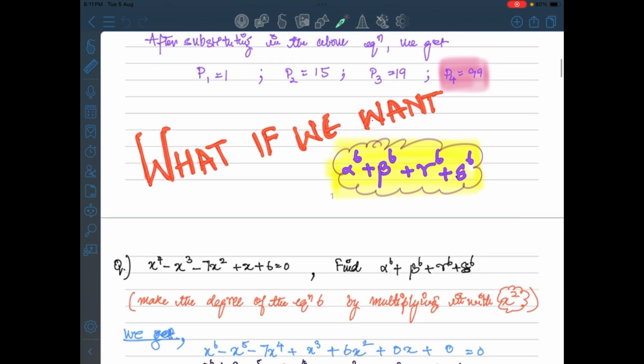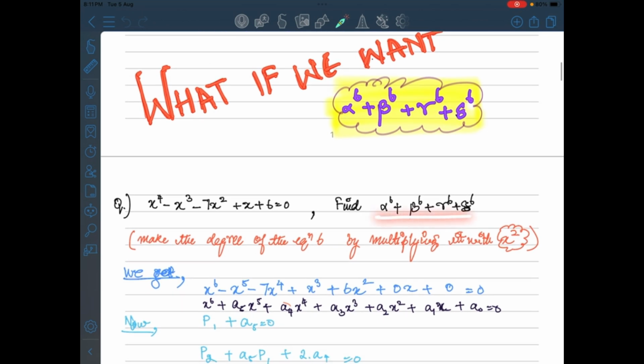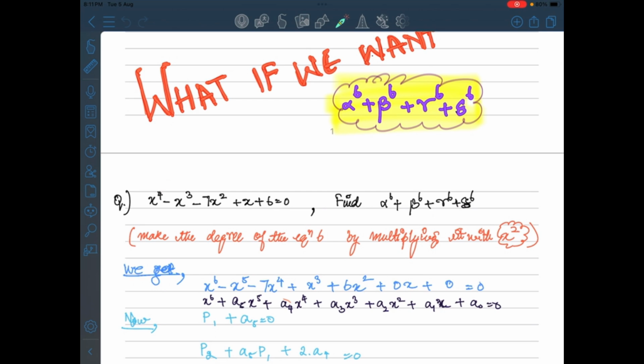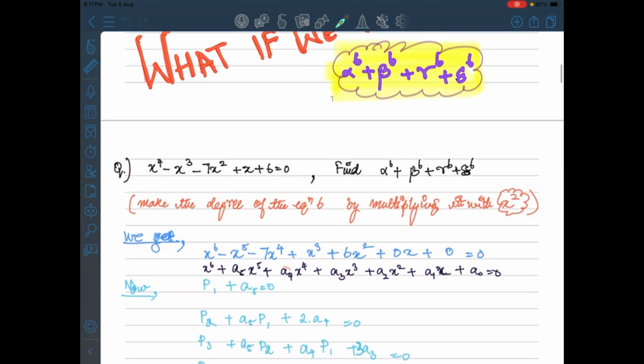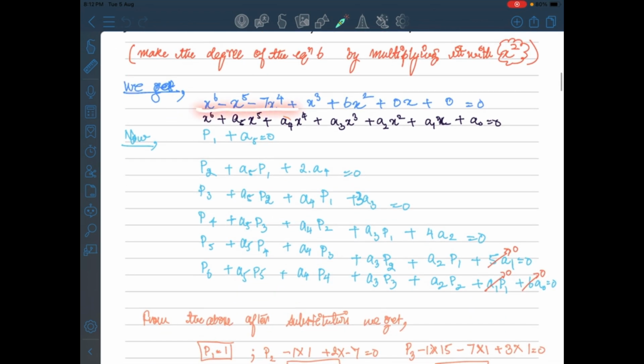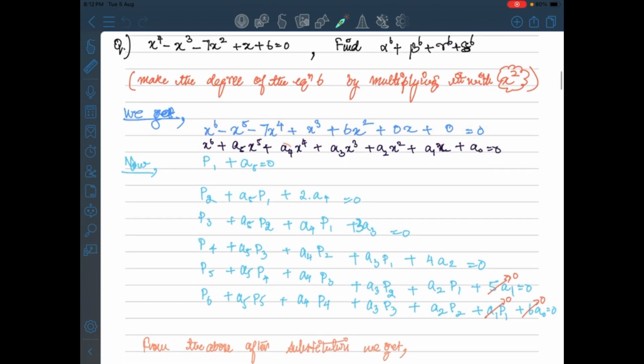Now let us take the same question, and in the same question I want this, but it is degree 4. So what we do is basically we try to make this degree 6. For that, degree 4 is already there. If I multiply by x square, automatically this will become degree 6. That's what I am doing. After doing that, this is the equation that you will be getting at the end. So whichever term is missing or are missing, please put 0 for that. 0x and 0. After that, as usual, if it is degree 6, it will start with A5, A4, A3,